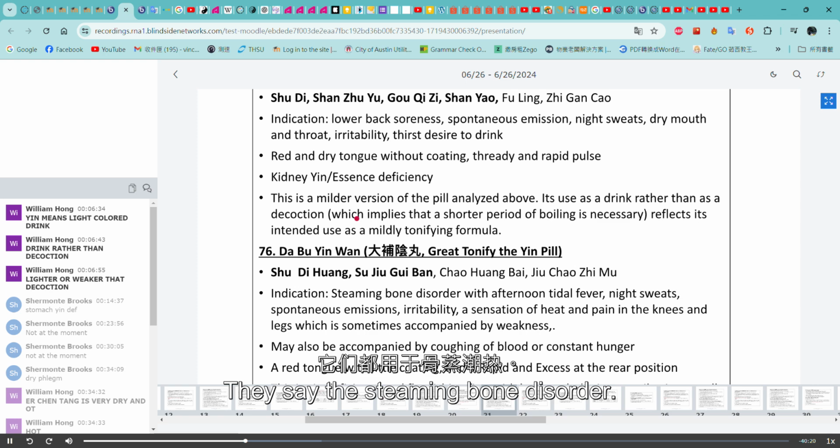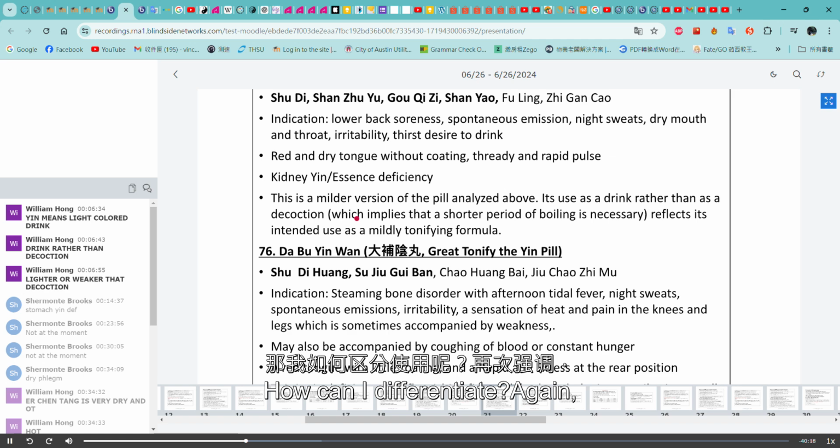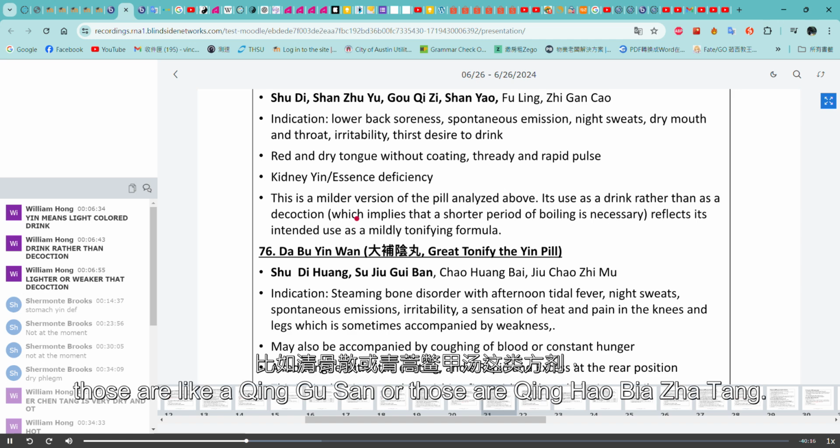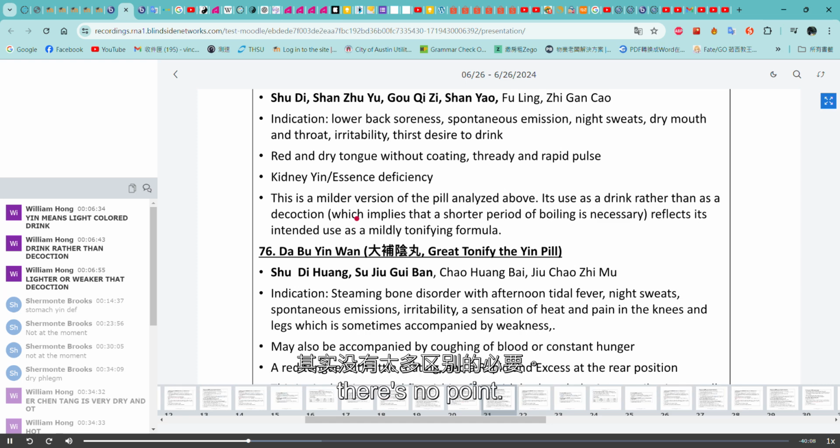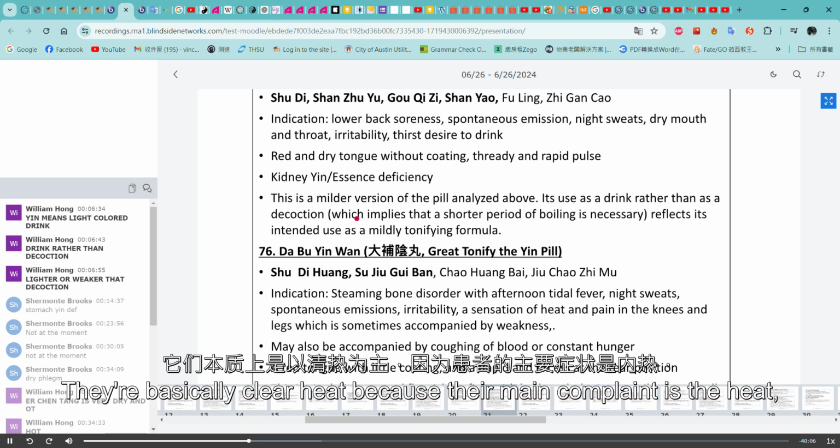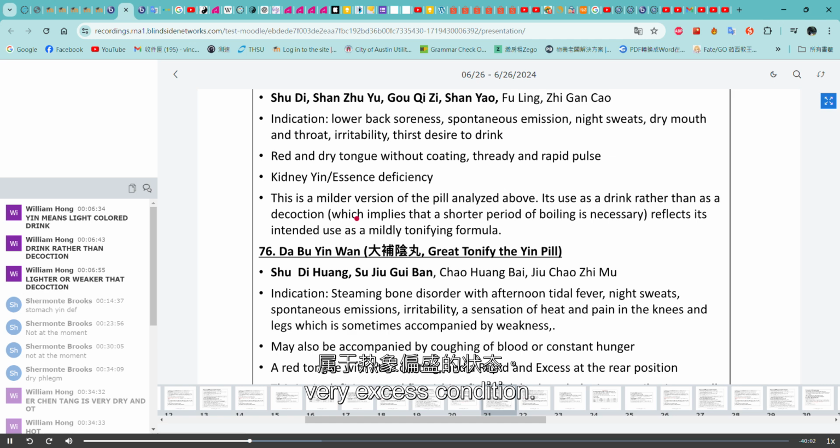They say in the steaming bone disorder, how can I differentiate? Again, those like 친구산 or the 칭하오 비해자탕 have no tonifying. They're basically clear heat